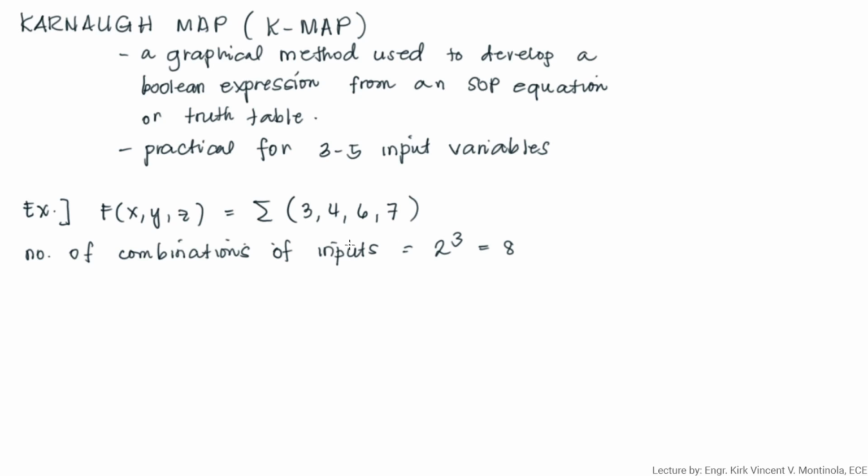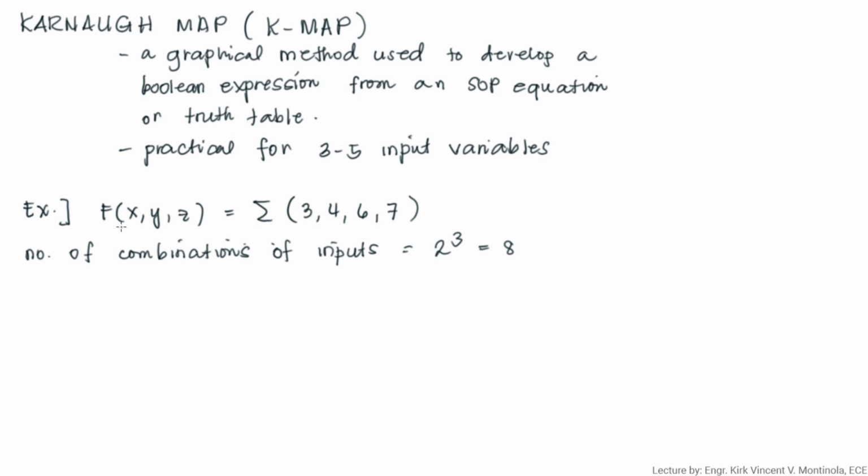So let's try the case for two variable inputs. It means that we have input 1 and input 2, then an output. The best or practical method would be the SOP and the POS method. But for 3 to 5 input variables, we'll be using the Karnaugh map. And for 6 variables or more, you'll be using a different method to obtain the Boolean expression. For this discussion, we'll be focusing on Karnaugh mapping for variables from 3 to 5.